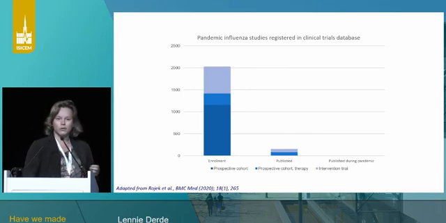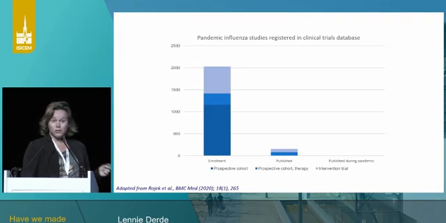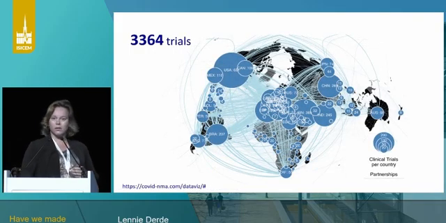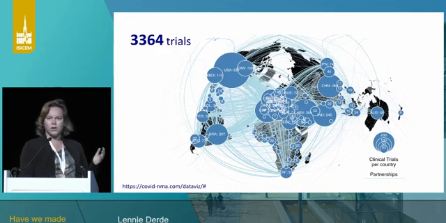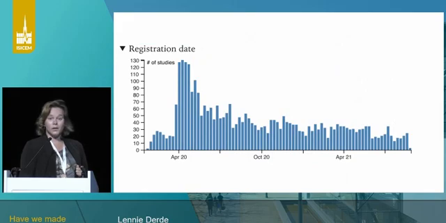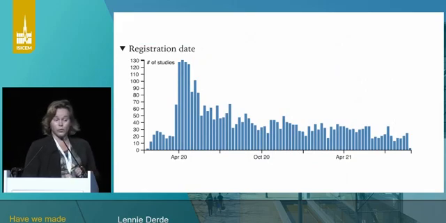Admittedly, that was less disruptive than this one, but it lasted for almost a year. None of those data were published during that pandemic. So we've made amazing progress. There are hundreds, thousands of trials, and this is data from a WHO source. Other sources give slightly different estimates, but there are thousands of trials being run on COVID-19 across the globe. So that's progress. What you can also see if you look at that same website is that many of these trials were started very early in the pandemic, which is a great improvement from the influenza pandemic.